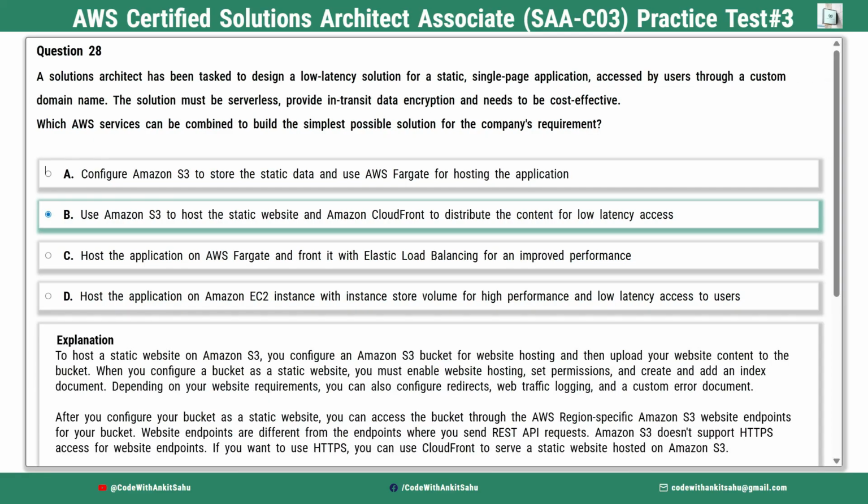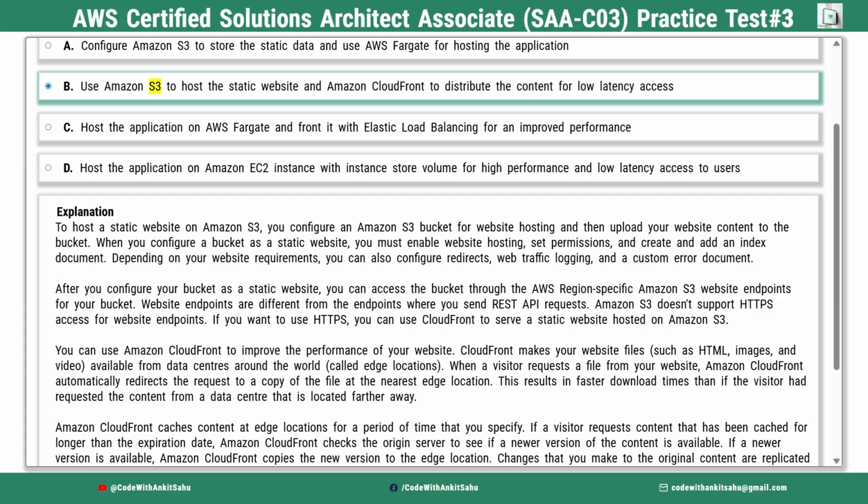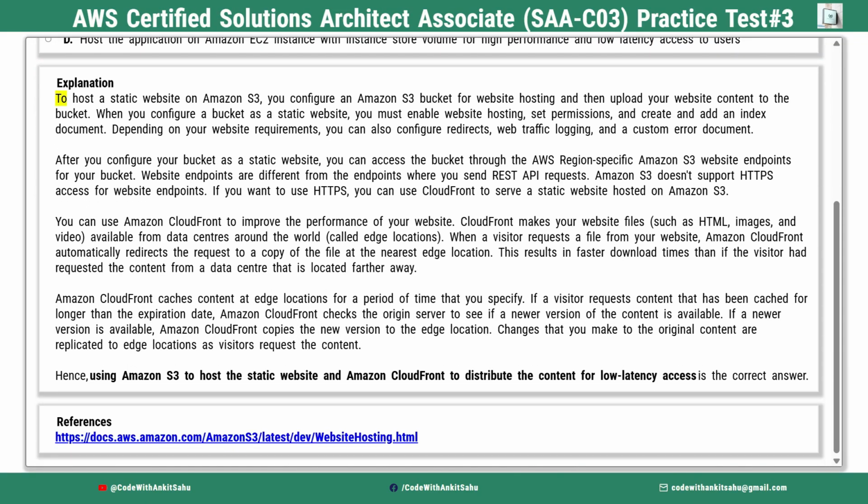Correct answer. Option B. Use Amazon S3 to host the static website and Amazon CloudFront to distribute the content for low latency access. Explanation: to host a static website on Amazon S3, you configure an Amazon S3 bucket for website hosting and then upload your website content to the bucket. When you configure a bucket as a static website, you must enable website hosting, set permissions, and create and add an index document. Depending on your website requirements, you can also configure redirects, web traffic logging, and a custom error